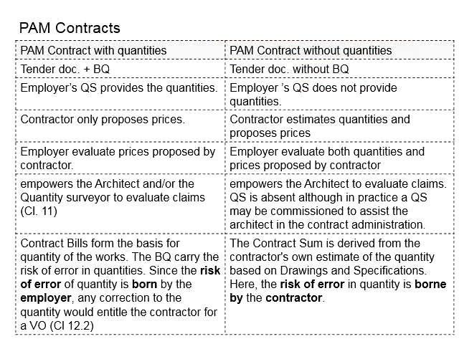This means that for the PAM contract with quantities, the employer's QS will provide the quantities as a part of the specifications provided in the tender document for the contractor to bid for the price. The contractor only needs to propose the price for the project, and the employer will evaluate the price proposed by